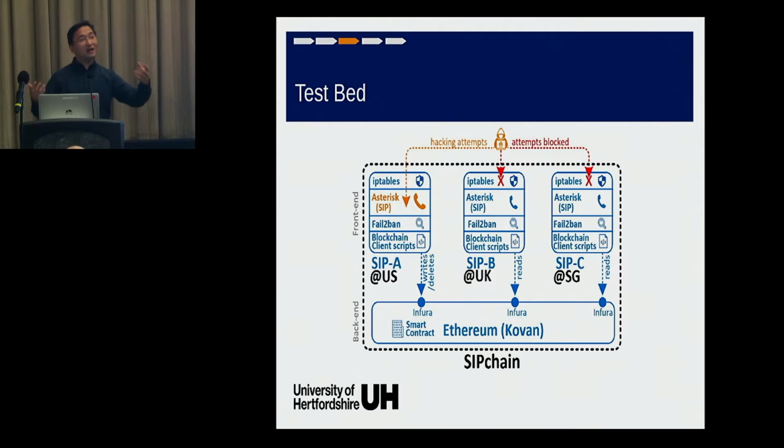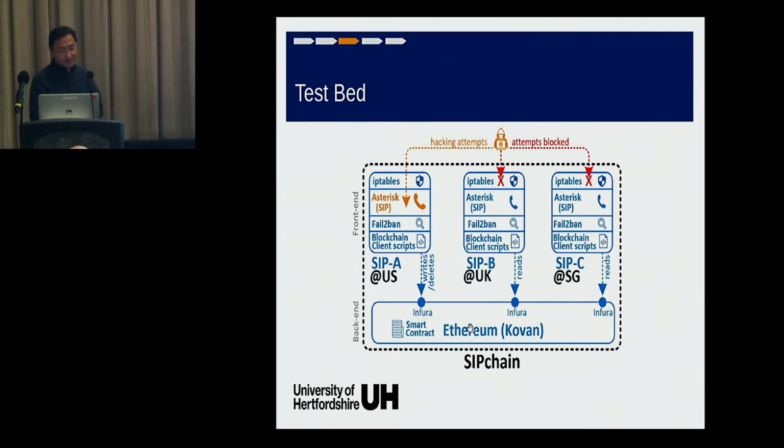because there are a lot of libraries already available out there, so instead of writing from scratch, I just use those. And then I set up 3 nodes in AWS: one in the US, one in the UK and one in Singapore. The idea is, let's say the proxy in the US got attacked. Let's see how the proxies in Singapore and the UK can learn about this and set up a firewall to proactively prevent this attack, right?